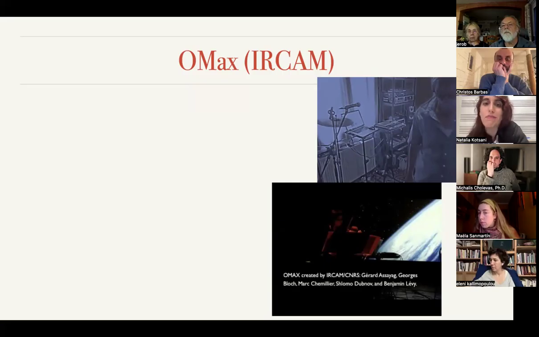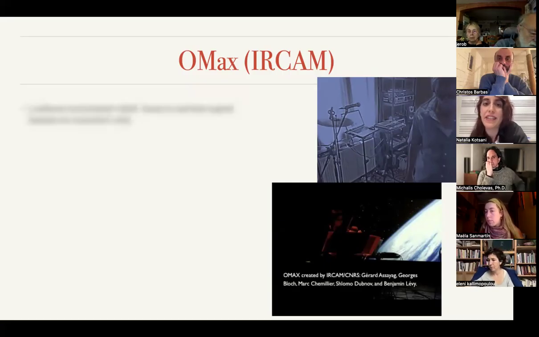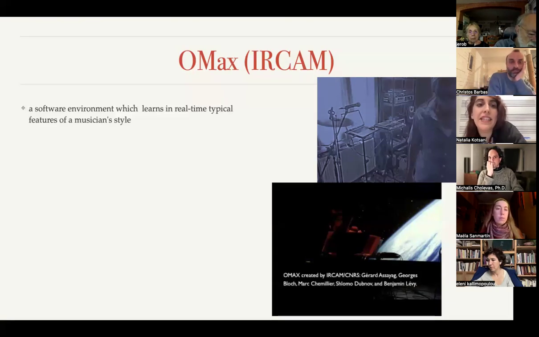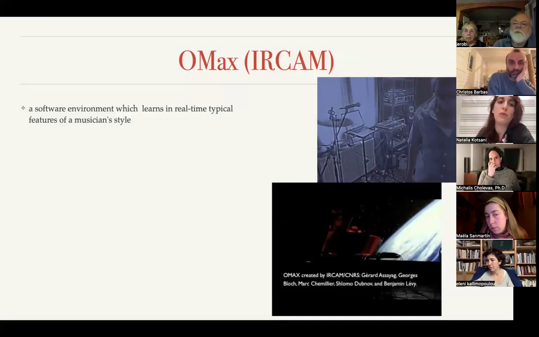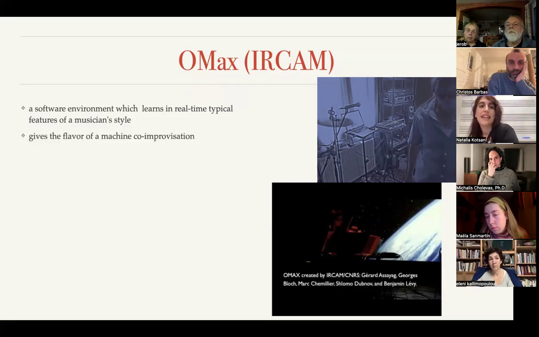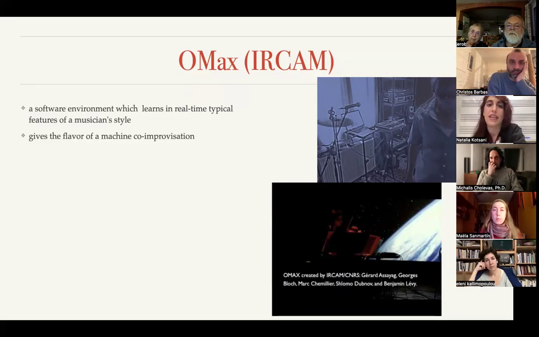It is one of the most famous software implemented at IRCAM. OMAX offers an environment that can learn in real time typical features of a musician's style, and it gives the flavor of a machine co-improvisation,